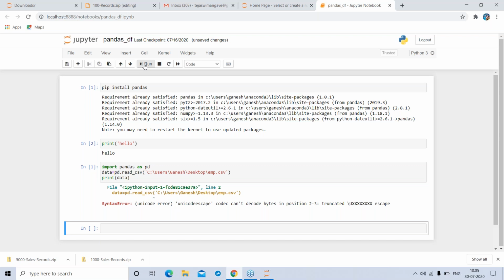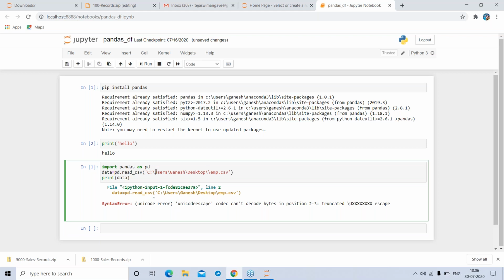Okay, I already told you: while using the Windows system, just put one more backslash in the path, otherwise it will give a Unicode escape codec error.